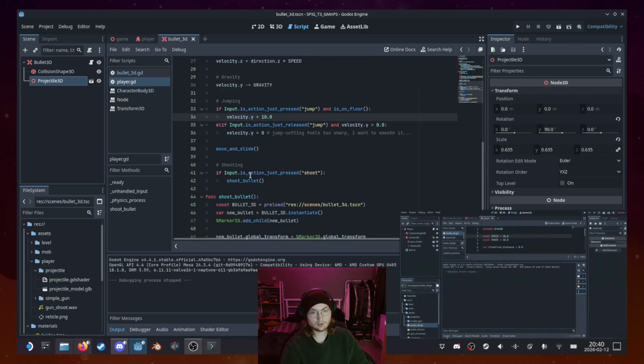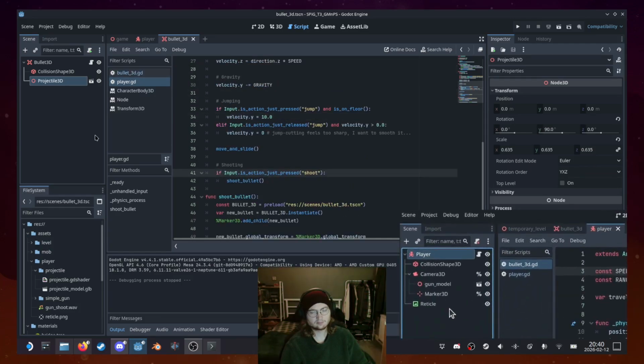For that, we can use a timer node. So, in the scene dock, select the player node and click